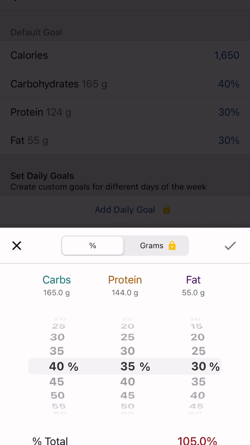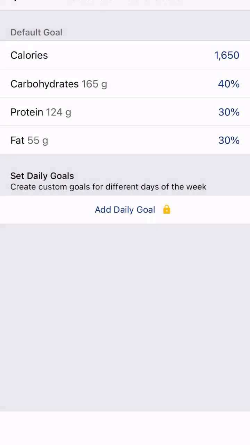Macro tracking requires a little bit of trial and error. It's not about being perfect. It's about being close to the ranges with protein as the primary focus. So now that you've got the numbers, you can